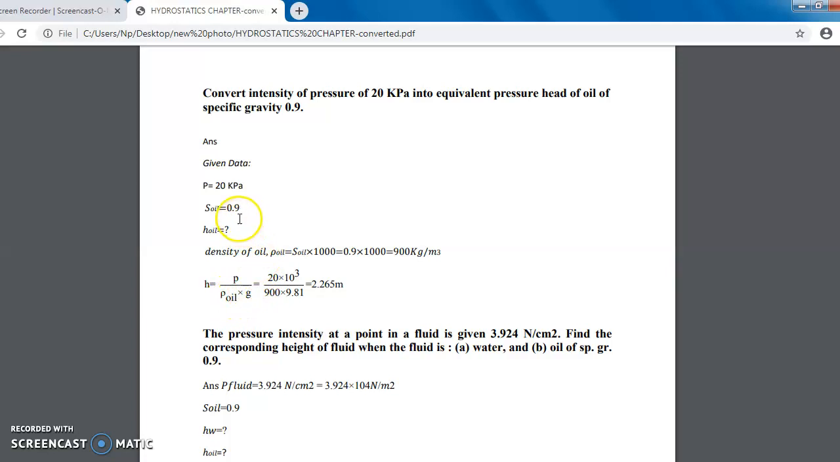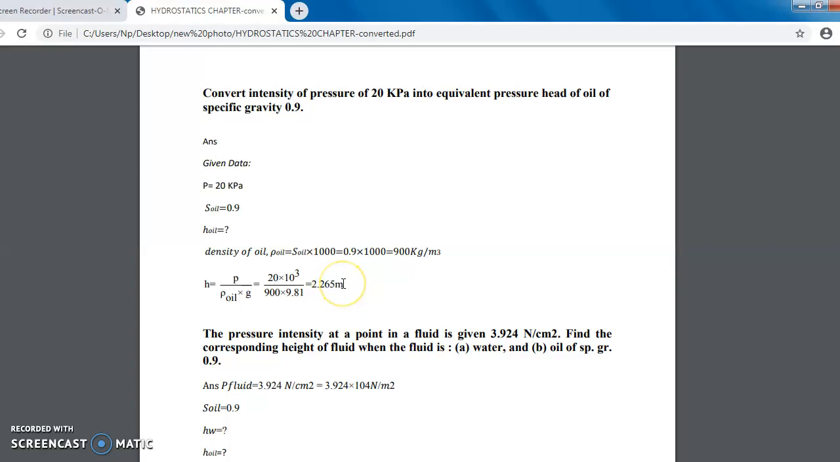The pressure is already given here, 20 kilopascal. You convert the 20 kilopascal to pascal, that's why you multiply by 10 to the power 3. So 20 into 10 to the power 3. The unit here is Newton per meter square, that is the pascal, divided by the density 900, which you already calculated, and the g value, all of you know, is 9.81. So if you calculate, you will get